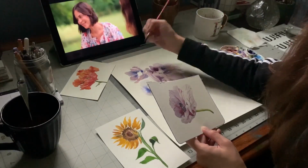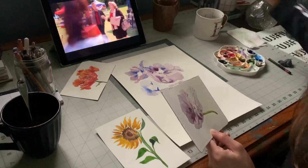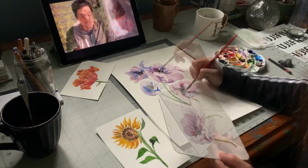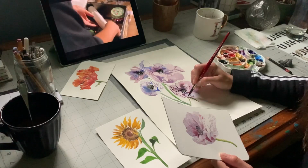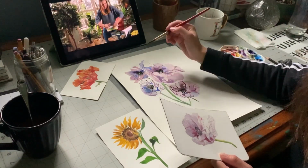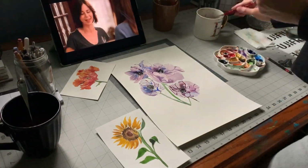But going over it for the course of a few days really helped me, because it gave me the time to really think about where I wanted to lay the colors and where I wanted to put shadows and highlights and go back in with the details. So I'm going to show you that the next day, because that is where